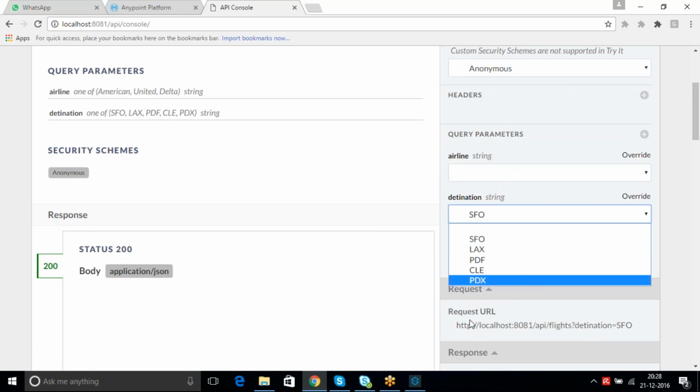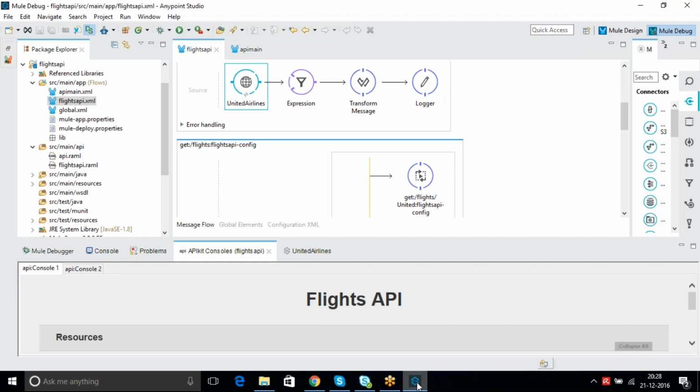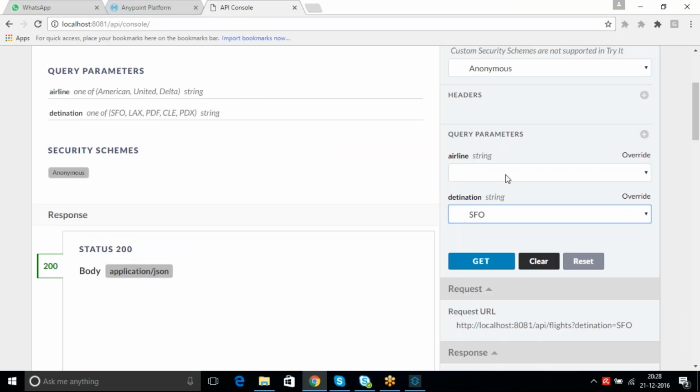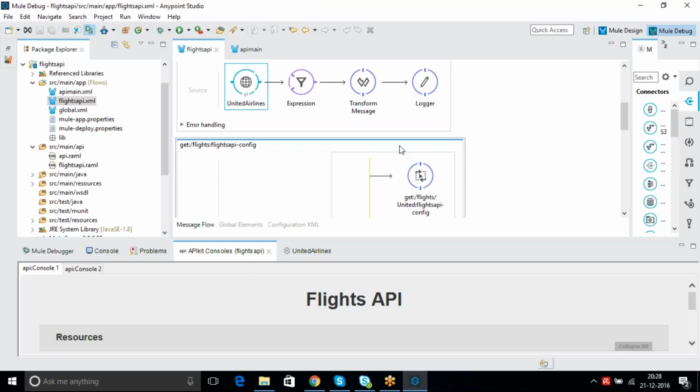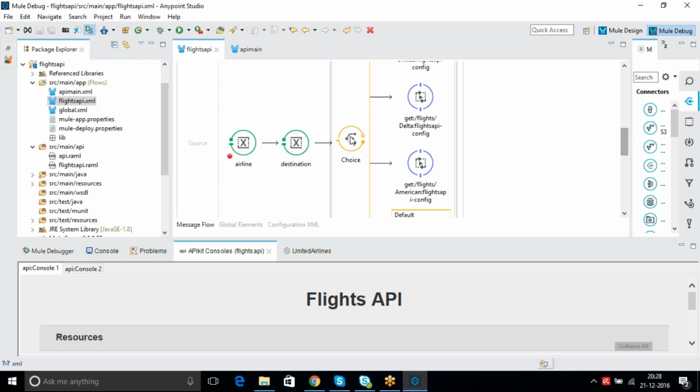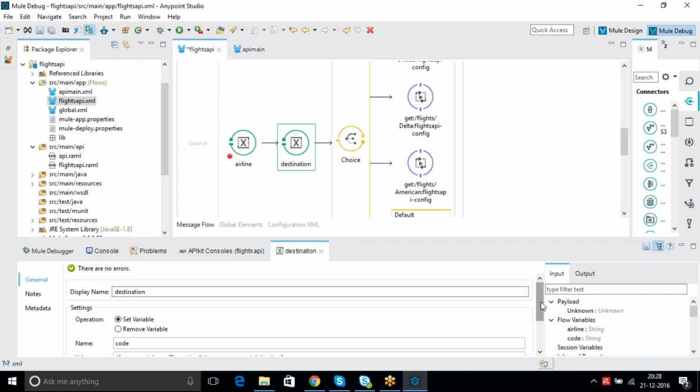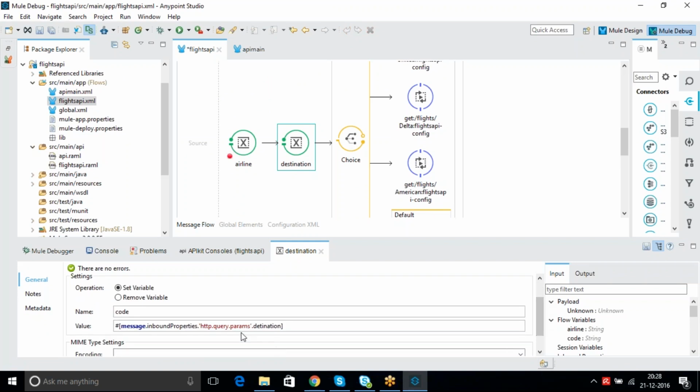You haven't implemented that scenario, since you need to check that if nothing is coming as a destination, you need to set it as SFO. So that we haven't implemented. You can do that also here. When you are setting the destination, you can set a default of SFO. So here you are getting the destination, right?